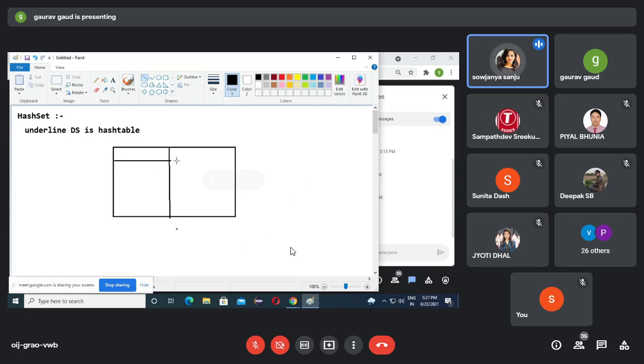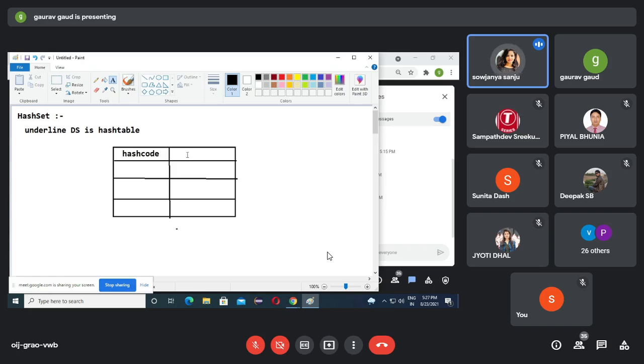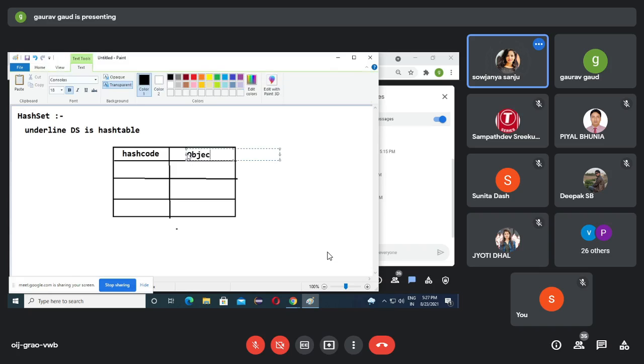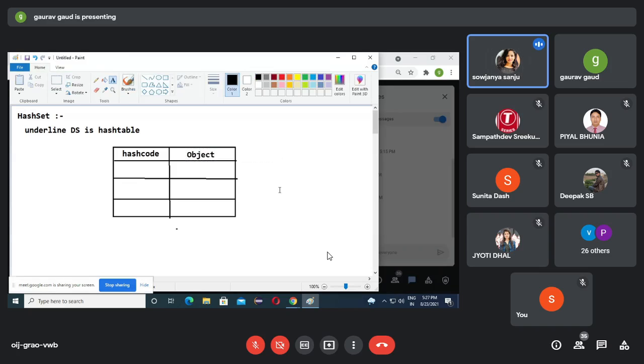In these two columns, it will be like this. Now on this side, they will keep what? Hash code. On this side, they will keep what? Object. Now, guys, pay attention very carefully.